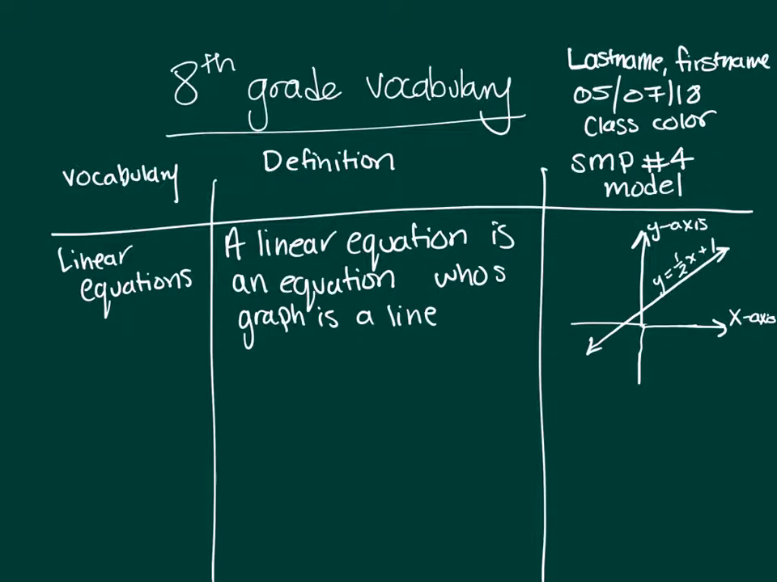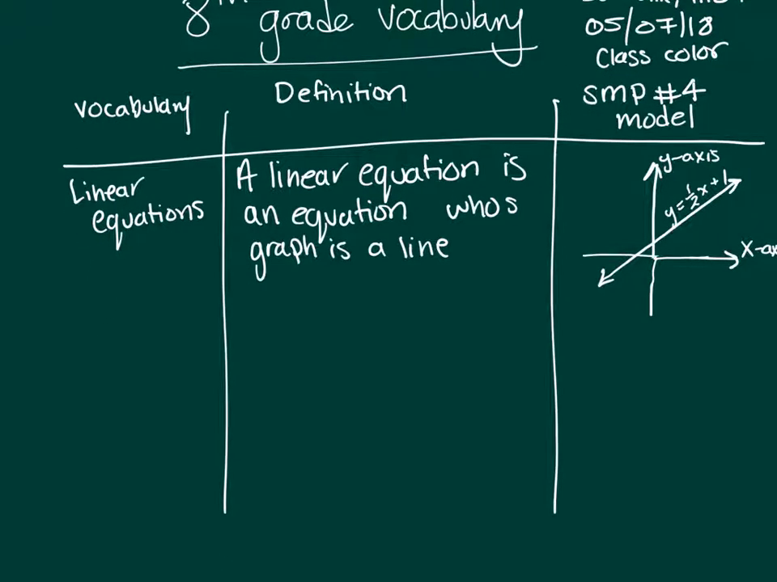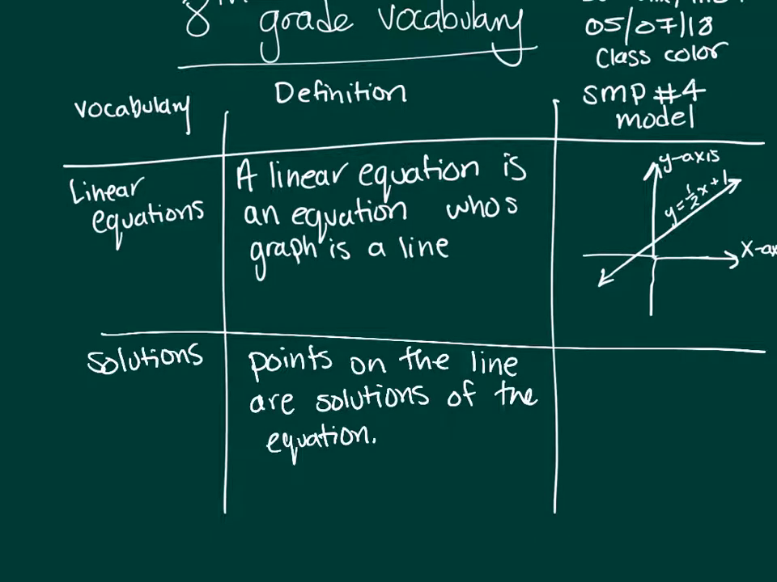Next vocabulary word, solutions. Solutions are points on the line of the equation. So if I had to represent it as a picture, here's my x-axis, here's my y, and I had a line, a point. This one could be 0, 2, that's a solution. And let's say this one is